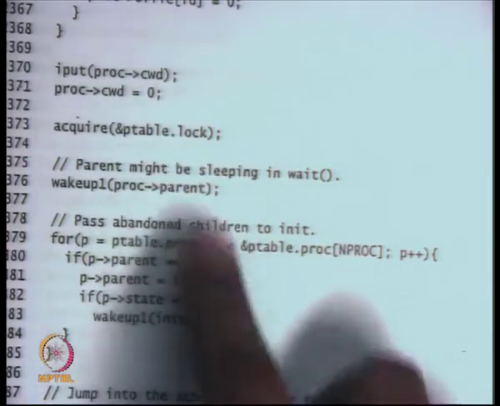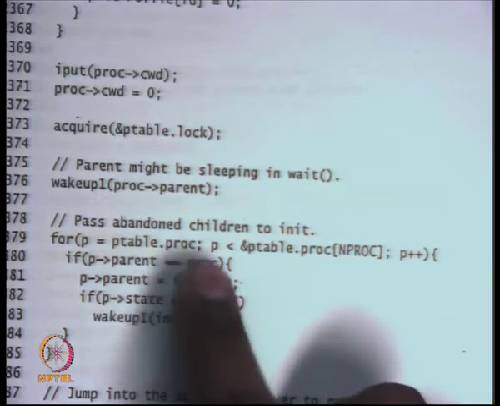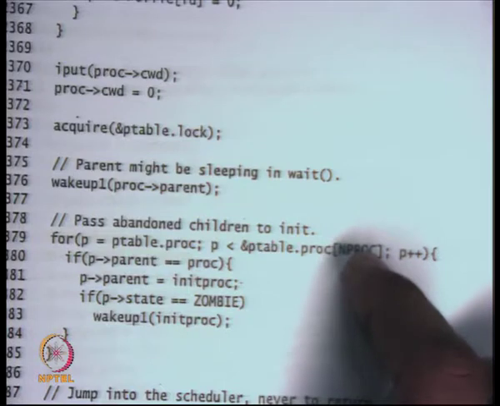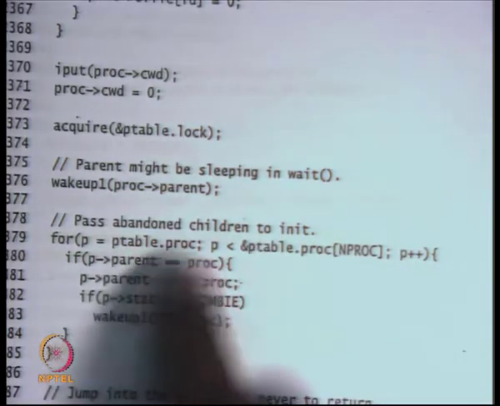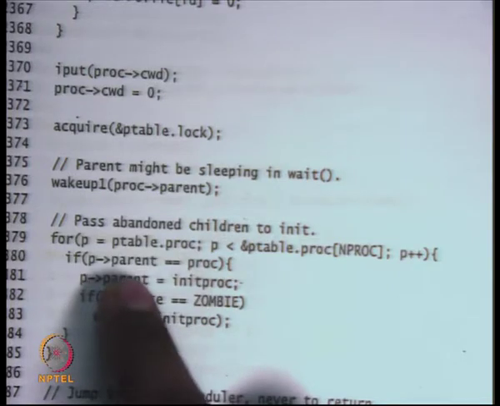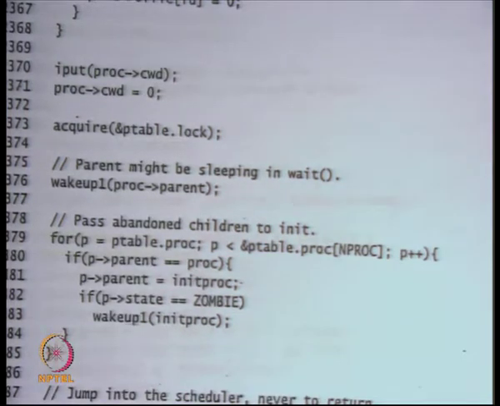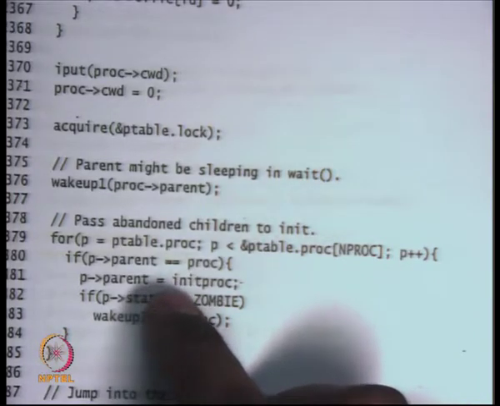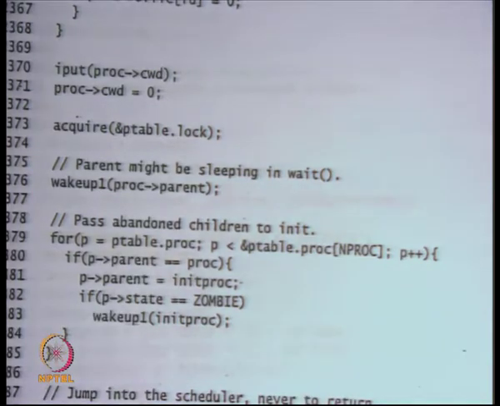Notice that I have the ptable lock, so I can safely assume that these accesses are atomic. So for ptable.proc, look at all the processes. If I am the parent of that process, which means that this process is my child, then I do the following as I'm exiting.